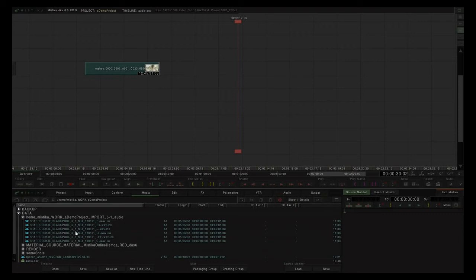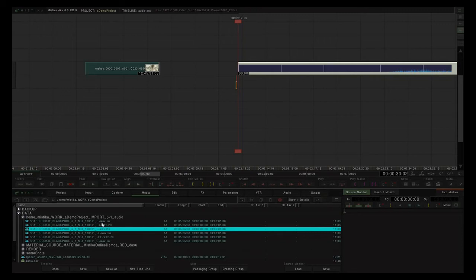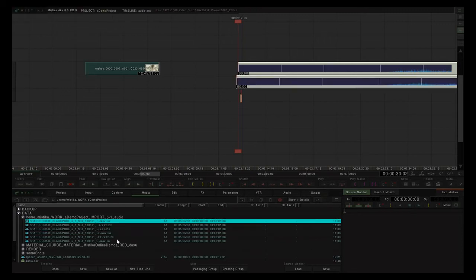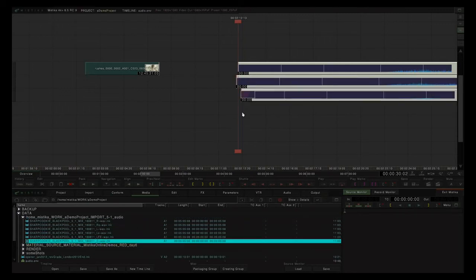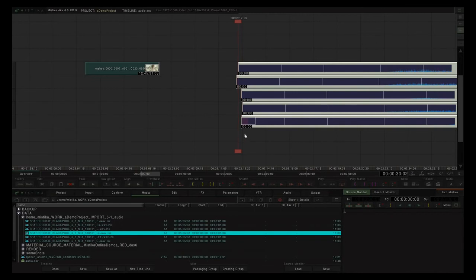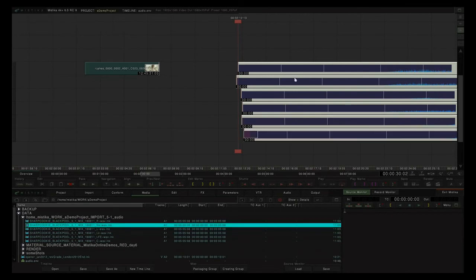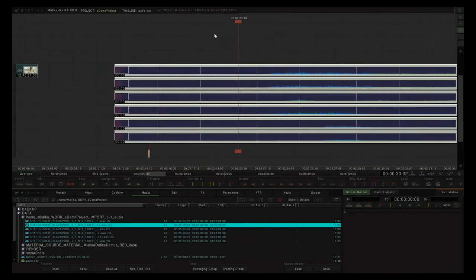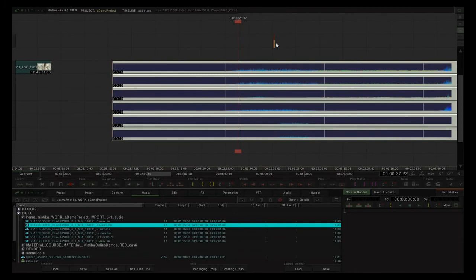So I'll just load them in order. So I'd like the left one first, then the right, then the center, then the sub, then the left surround, and the right surround. Just line those up. So you can see I have different audio waveforms on all of those. So going to the router,